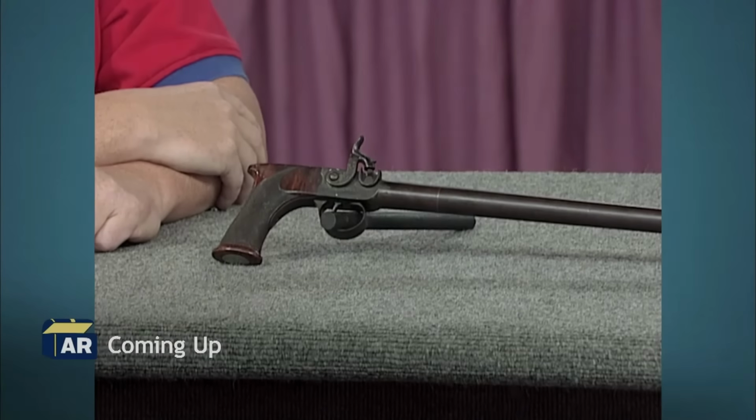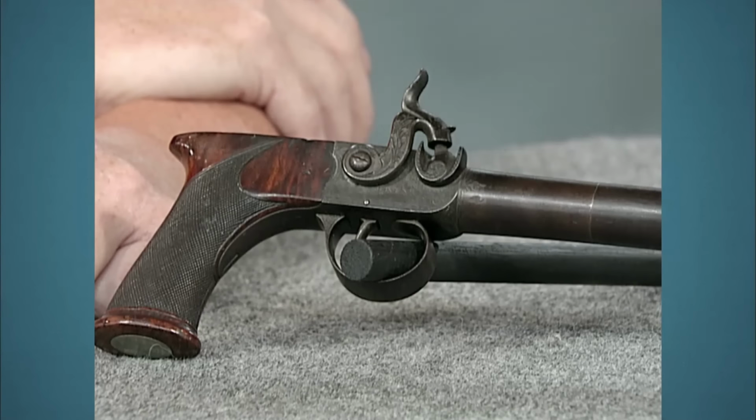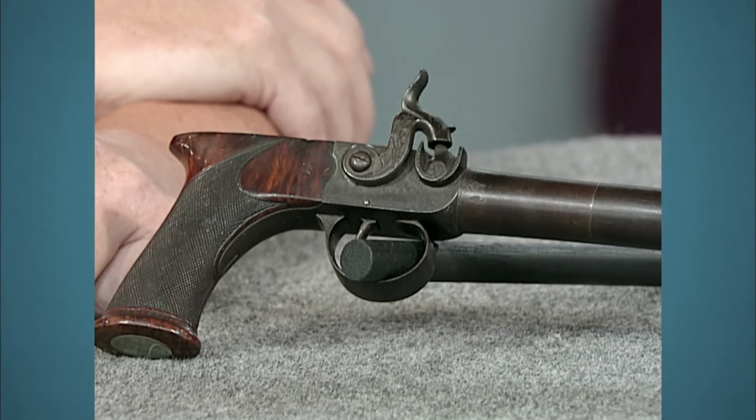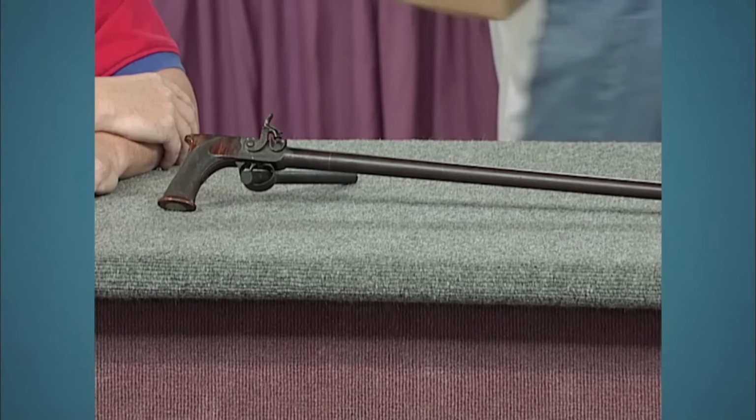A cane that's a gun, rare and bold, worth far more than the bottle you sold. The guest explained that he acquired the item through a trade with a close friend. When asked what he traded, the guest mentioned it was an old bottle that his friend had taken an interest in. The guest admitted he knew very little about the item, other than it was a walking stick that also